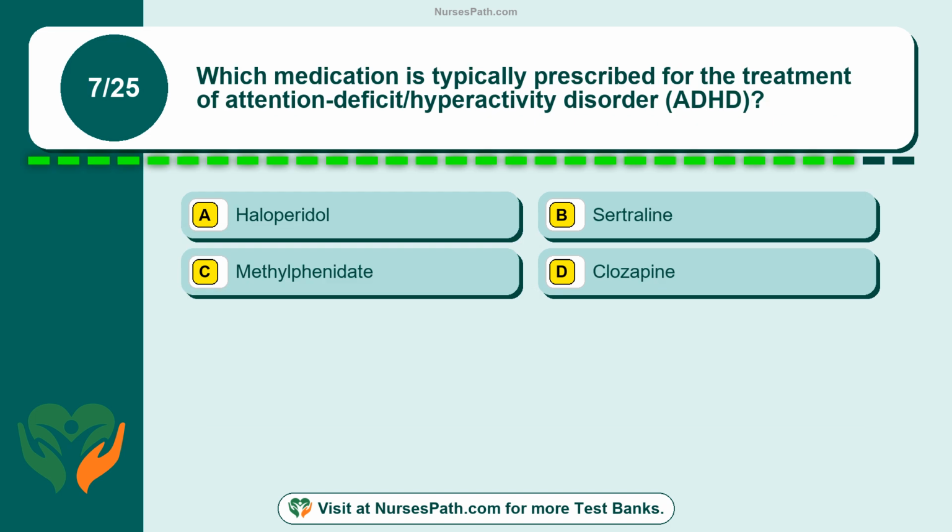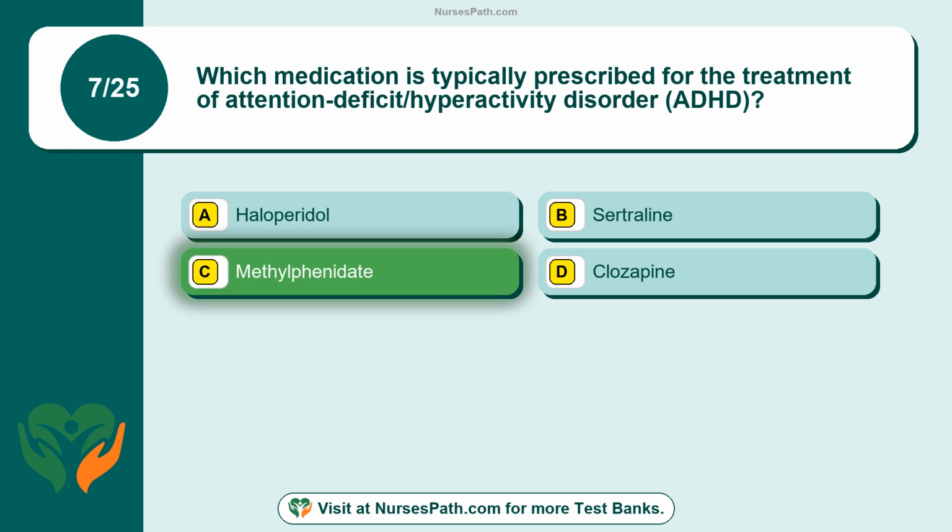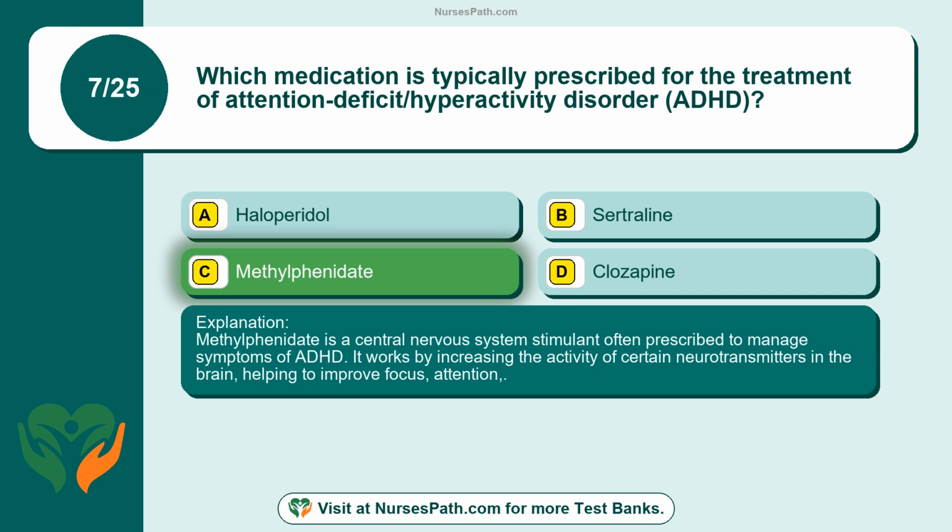Question 7. Which medication is typically prescribed for the treatment of attention deficit/hyperactivity disorder (ADHD)? Option A, haloperidol. Option B, sertraline. Option C, methylphenidate. Option D, clozapine. The correct answer is option C, methylphenidate. Methylphenidate is a central nervous system stimulant often prescribed to manage symptoms of ADHD. It works by increasing the activity of certain neurotransmitters in the brain, helping to improve focus, attention